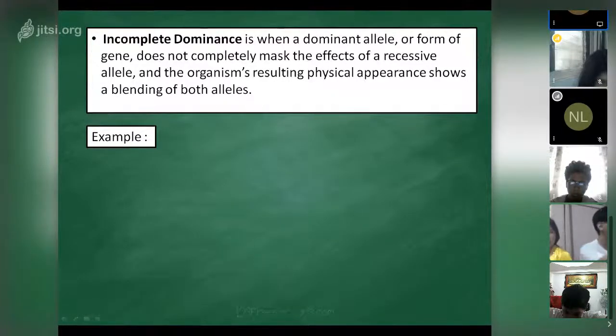Since there is no such thing as dominant, the color is the combination of red and white,